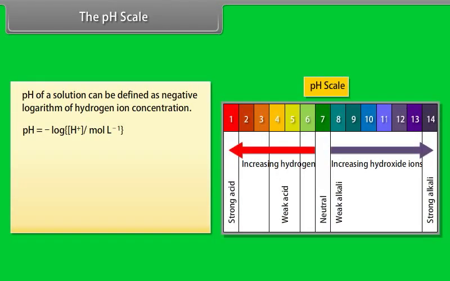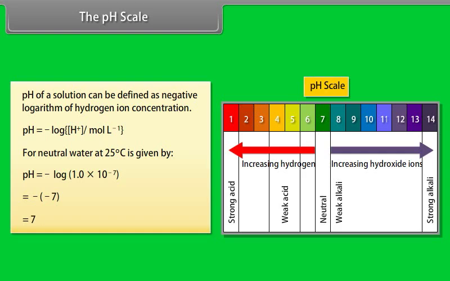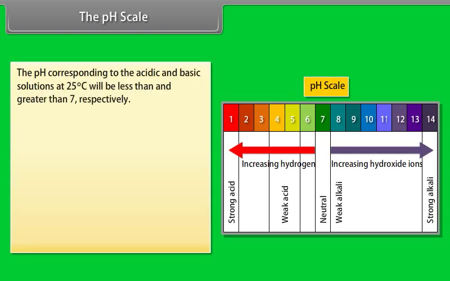The pH scale. pH of a solution can be defined as the negative logarithm of hydrogen ion concentration. For neutral water at 25 degrees Celsius, pH is equal to minus log of 1.0 × 10^-7, which is equal to 7. The pH corresponding to the acidic and basic solution at 25 degrees Celsius will be less than and greater than